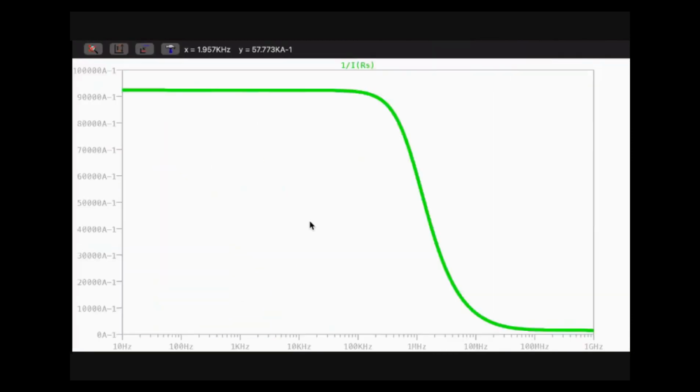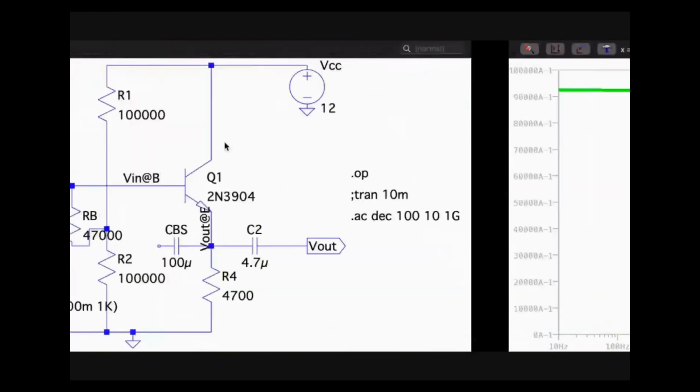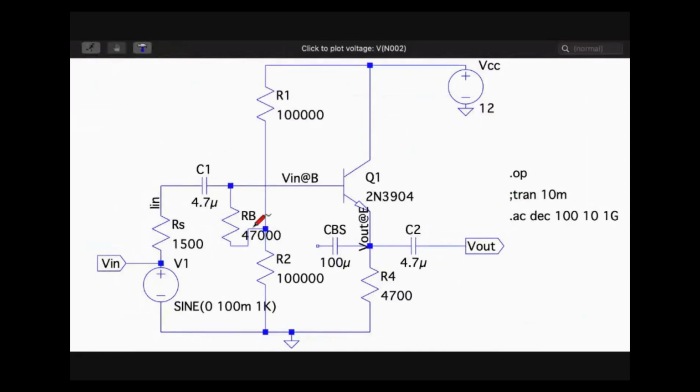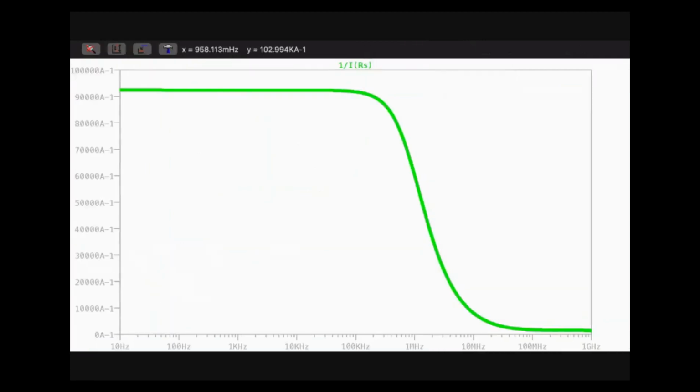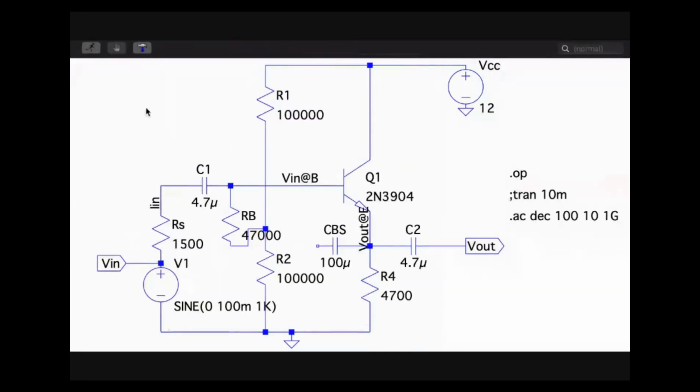Now if I change this by connecting this CBS back to this side, the impedance should definitely change. So let me do that first. For that, I'll just note down this impedance as 91 or 92 kilo ohm, and close this. And coming back, I'll make a connection here from the CBS back to the input point. Right, so now with this connection, I have actually bootstrapped the output back to input.